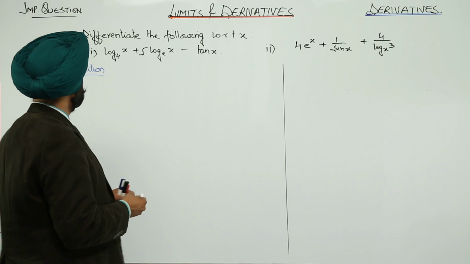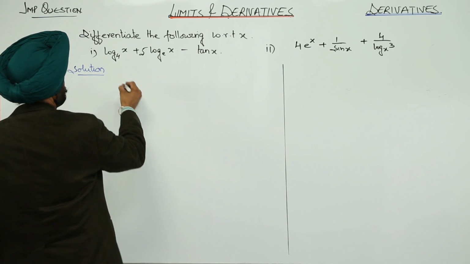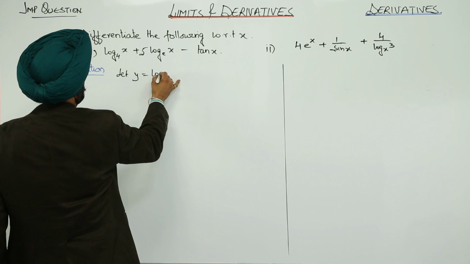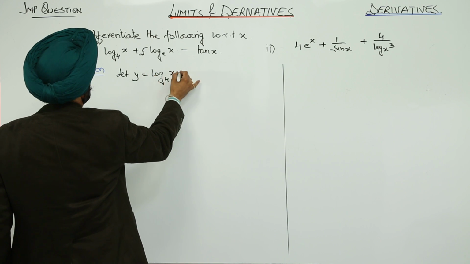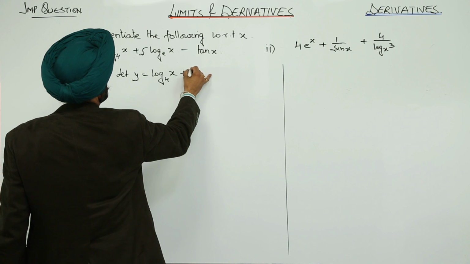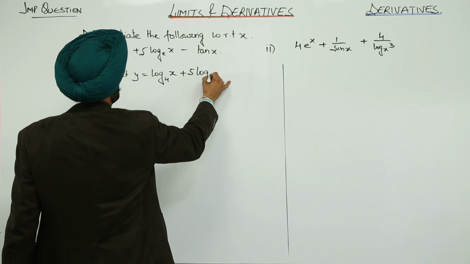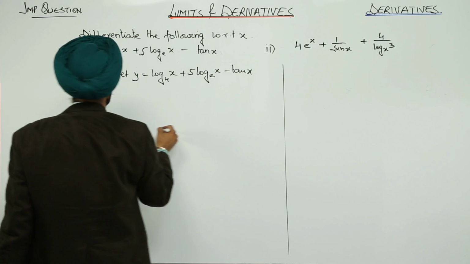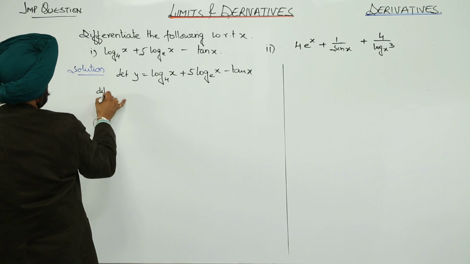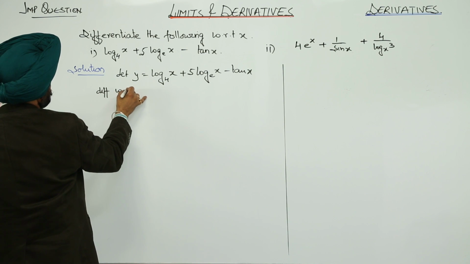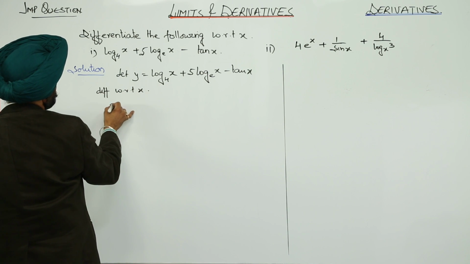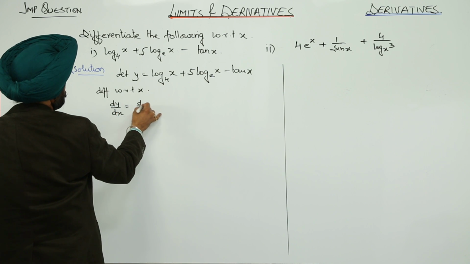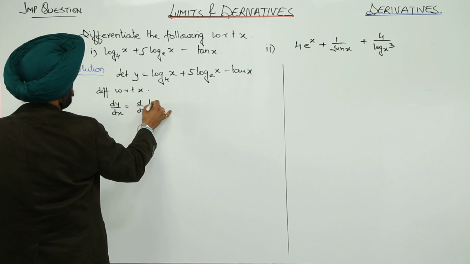Now, next important question. Let y is equal to log 4x plus 5 log x minus tan x. Now differentiating with respect to x, dy by dx is equal to d by dx of log 4x